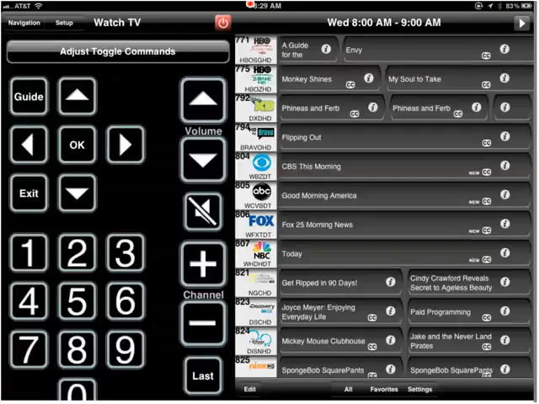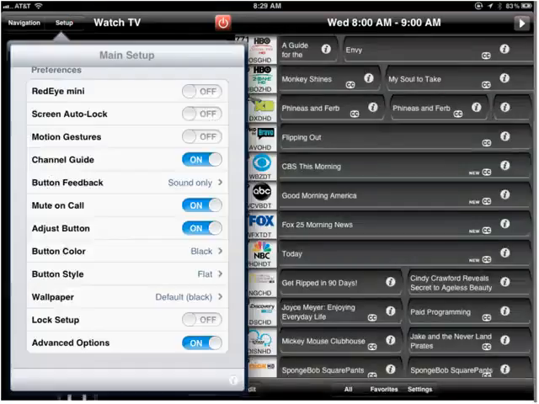We can also change the button style in a similar way. Again, we're going to go back to the Setup menu. We're going to go down to Button Style. And